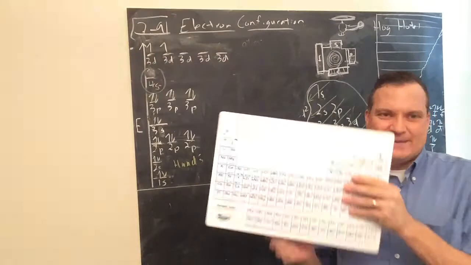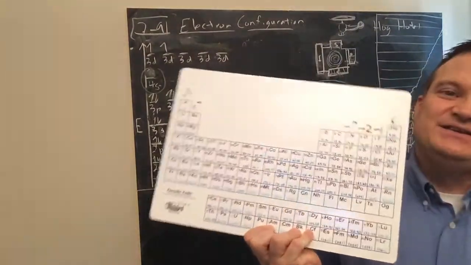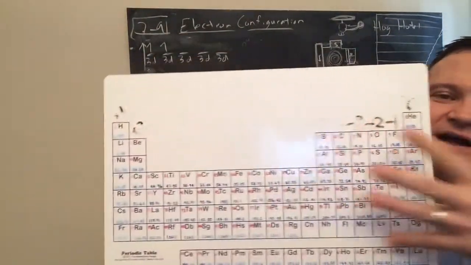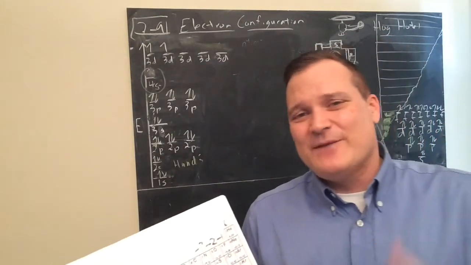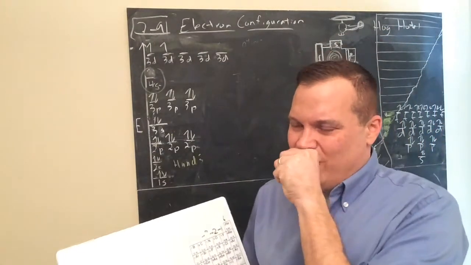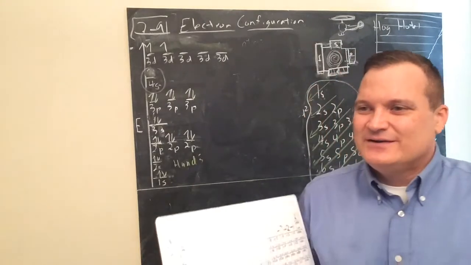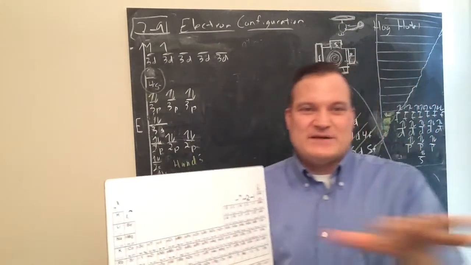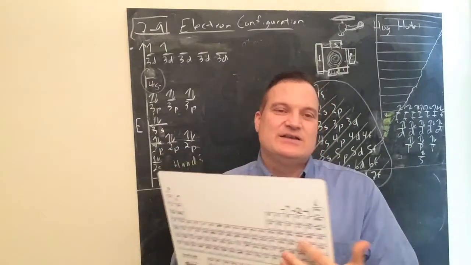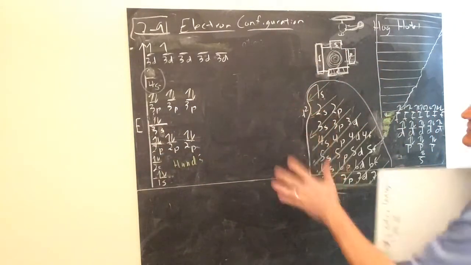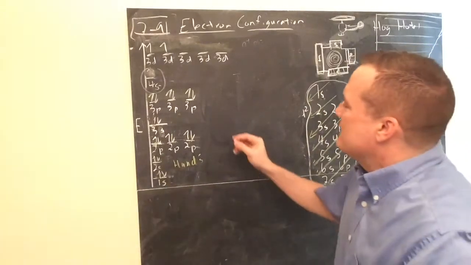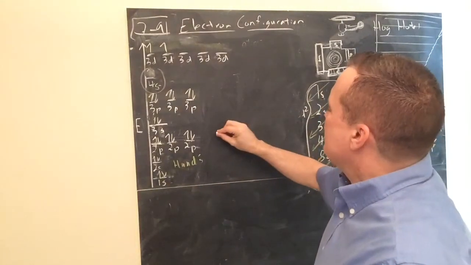The periodic table is actually designed, the shape of the periodic table is designed based on electron configuration. You'll be like, why didn't you tell that in the beginning? Well, I've talked almost over an hour on all these videos you've seen, and I didn't want to tell you this until now, because I want you to understand the whole structure to make sense. Okay, here we go. So first, on the periodic table,